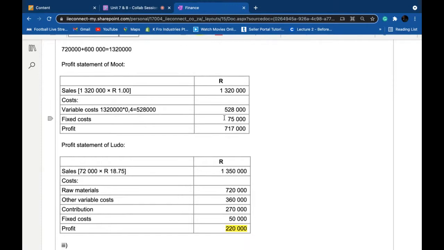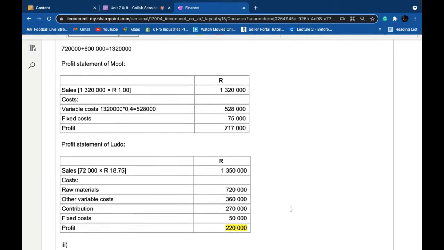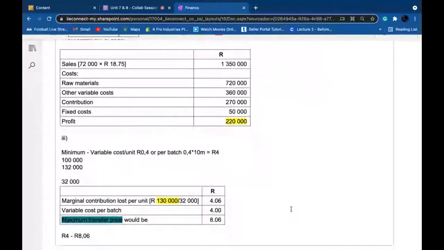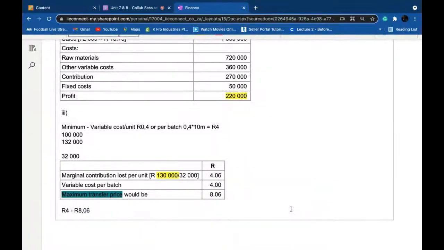And then once you've done that, obviously you change your sales. Variable cost is also going to change according to the number of units. And yeah, then you calculate the profit. Okay, so nothing hectic there. It's just getting your numbers right. The third bit,